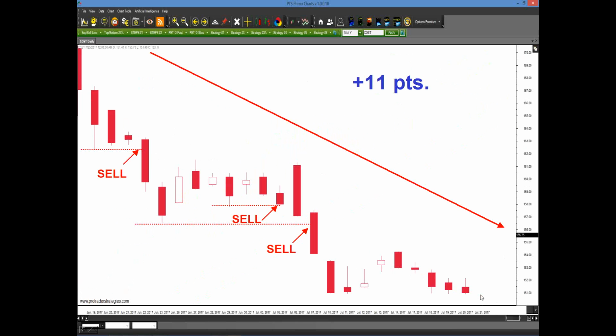None of this is based off news. None of this is based off earnings. None of this is based off Fibonacci support or pullbacks. It's all based off of trading with the trend and listening to the trend. I know some of you could say, well, Steve, this is based off using an indicator, right? Isn't that the same thing? Not really, because this is really not an indicator. It's a tool which simply translates what the market wants to do. This tool doesn't tell you how low the market's going to go. It doesn't tell you how high the market's going to go. So it's not predictive. It just tells you on a tick-by-tick basis what the market wants to do.